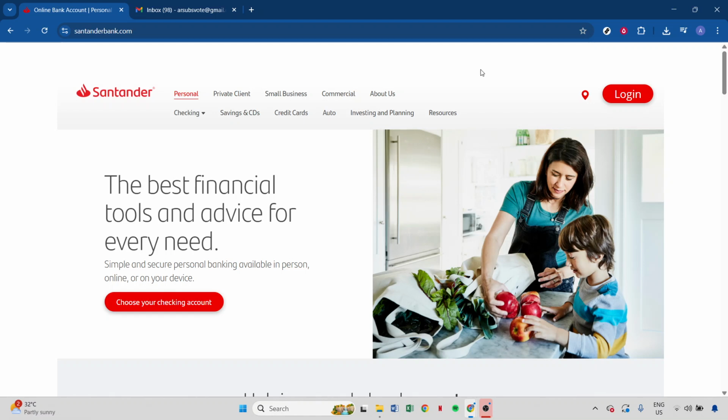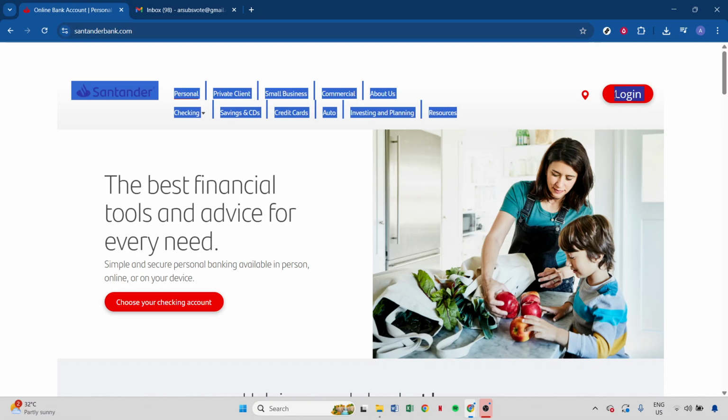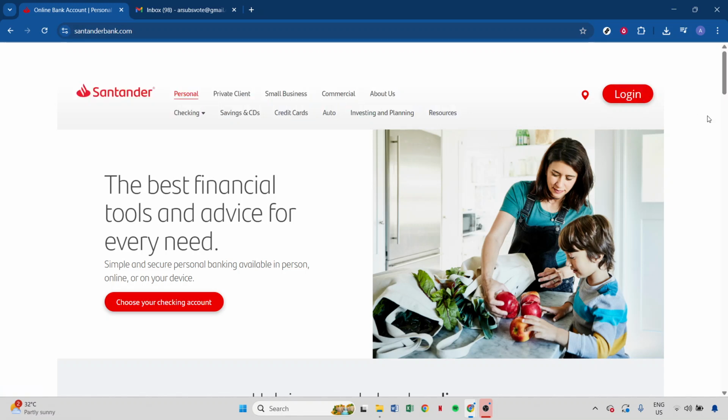To start, you need to open the Santander mobile banking app on your smartphone, or if you prefer, navigate to the online banking login page using your web browser. Both platforms offer a straightforward way to reset your password. If you're using the app, be sure you have downloaded the latest version to ensure all features and security patches